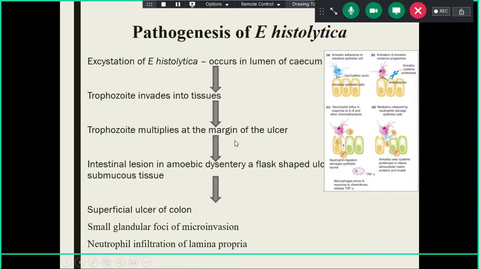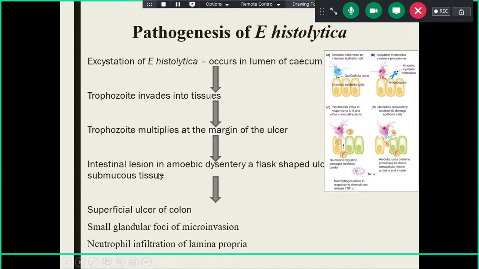Okay, so a very unique thing is that when you get into internship and go examine any patient, you will always think that the parasite or the pathogen will be most abundant in the base of the ulcer or where there is a lot of debris. But unlike other organisms, this organism doesn't have that much frequency in the debris. It always invades into fresh tissue so that there is an abundant supply of nutrition for its growth.